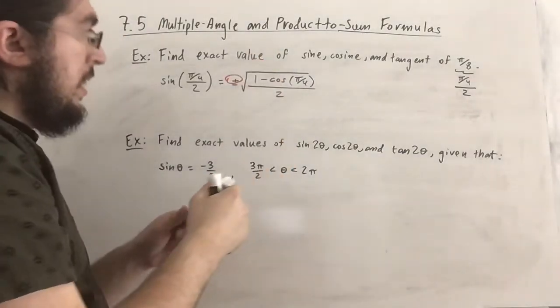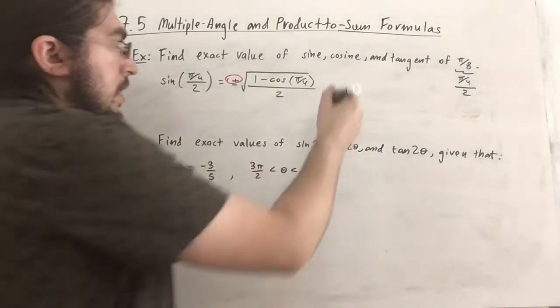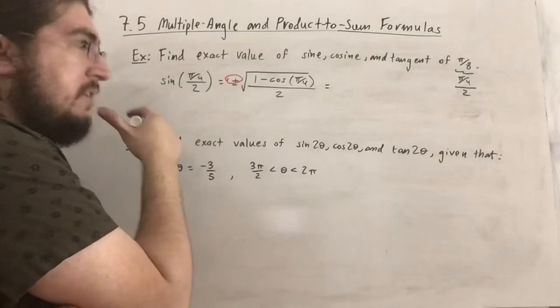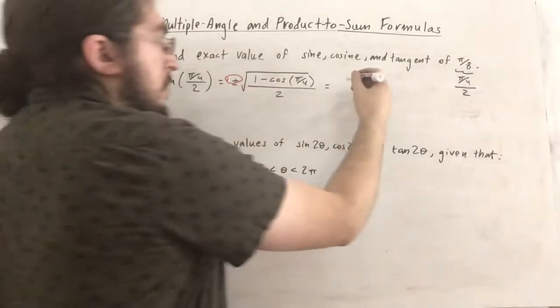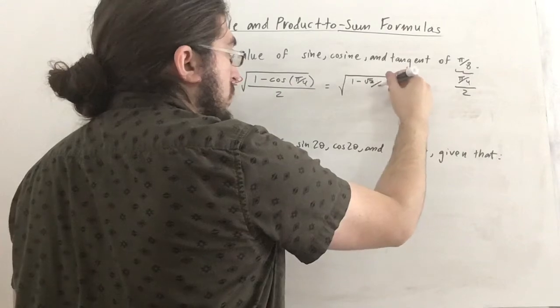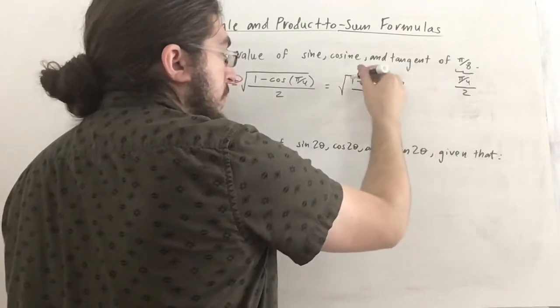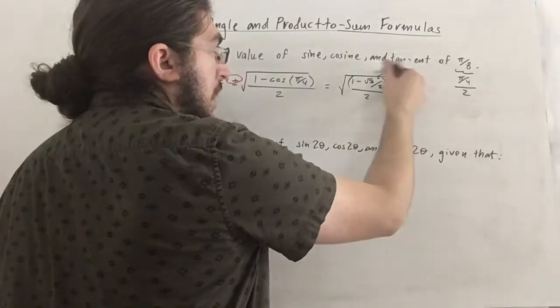Perfect. And similar for cosine. So cosine is actually also going to be positive. So yeah, let's see if we can do this. Cosine of pi over 4 is radical 2 over 2. So we're going to get 1 minus radical 2 over 2, over 2. If you multiply top and bottom by 2 to clear denominators and distribute this into the top, what you end